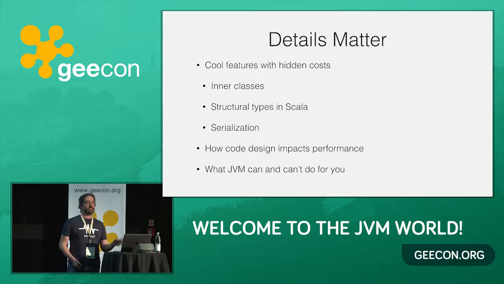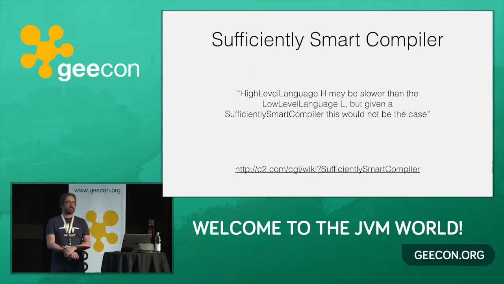And so all the features, even just the basic patterns of writing Java code, have a cost. And we need to understand what those costs are. Anybody heard of the sufficiently smart compiler? This is a concept in the JIT world, or really in the compiler world in general. So there's this sort of verbose description of it, that if you have a high-level language that's built on top of a lower-level language, if you learn enough about that high-level language, eventually you can make that performance gap between